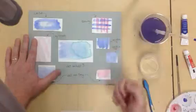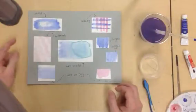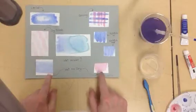This is wet on wet. That's a great example of wet on wet. A scratch in, a scratch out. There's a really good glazing. Here's a lift out, and a dry brush, and then 2 wet on dry. So you can have